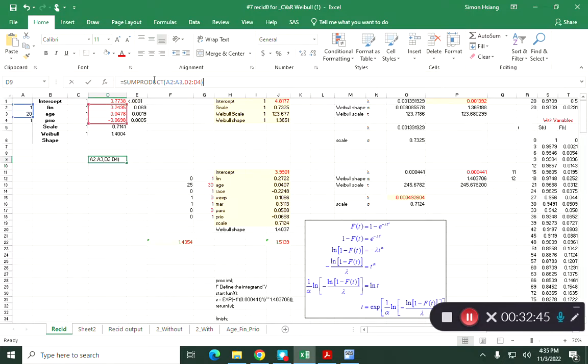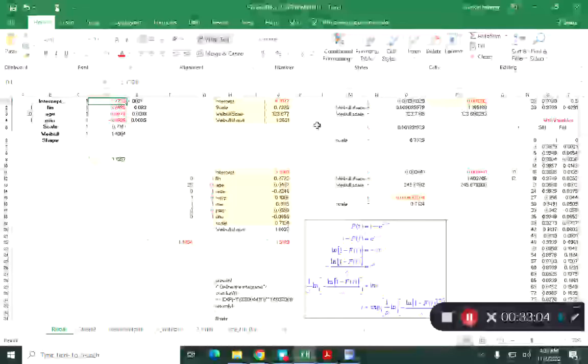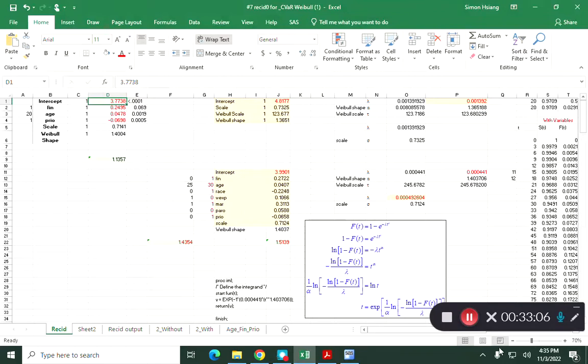Okay. And then when you try to calculate your lambda, you need this guy and this guy. Okay? So